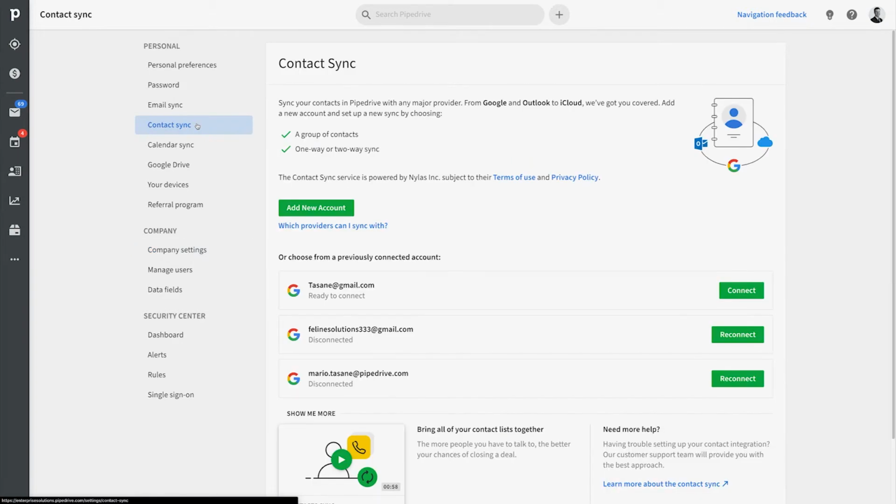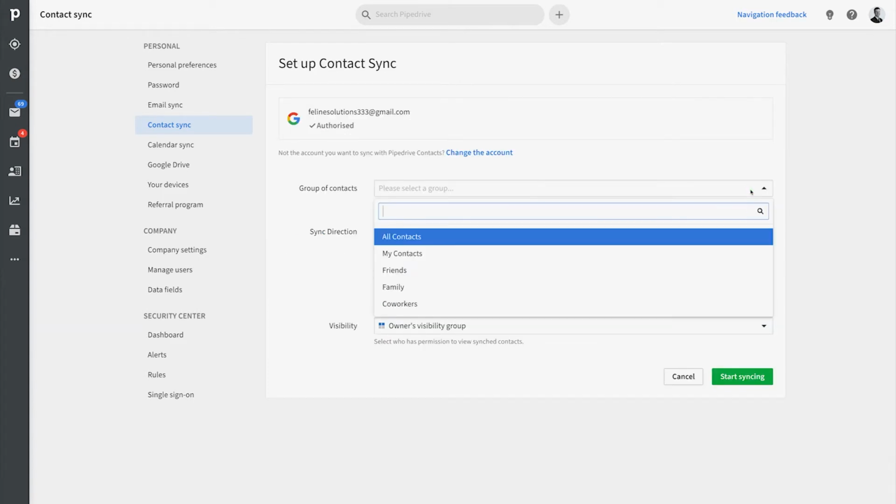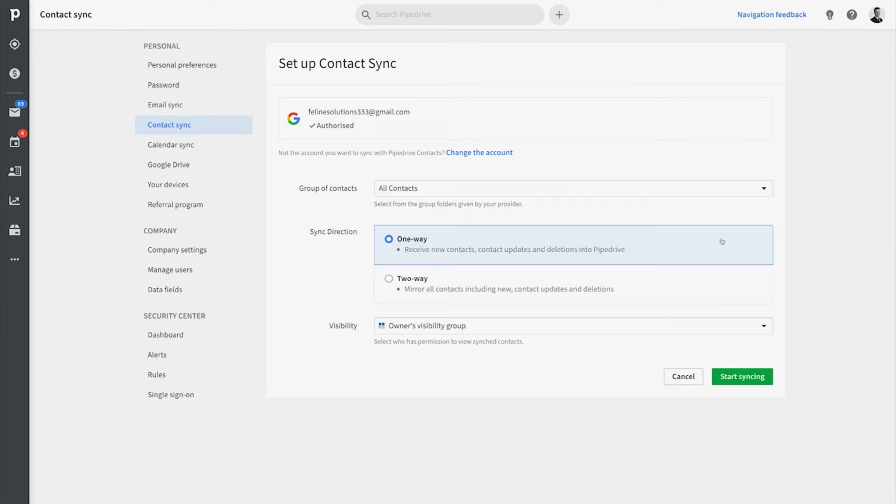Just head over to Settings and under Personal over here, select Contact Sync. Now just add the account where your contacts are. Then we'll select which contact group we want to sync and select if it's a one-way sync, which by the way means that contacts are only synced from your provider to Pipedrive. Or we can set up a two-way sync, which means that changes to our contacts in Pipedrive will also be